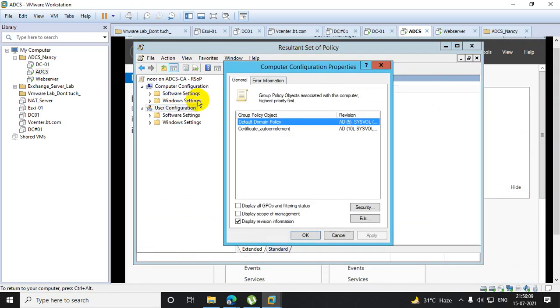If I click on this property, see these 2 are applying. So you understand the intention of this practical was to know what enforcement is.